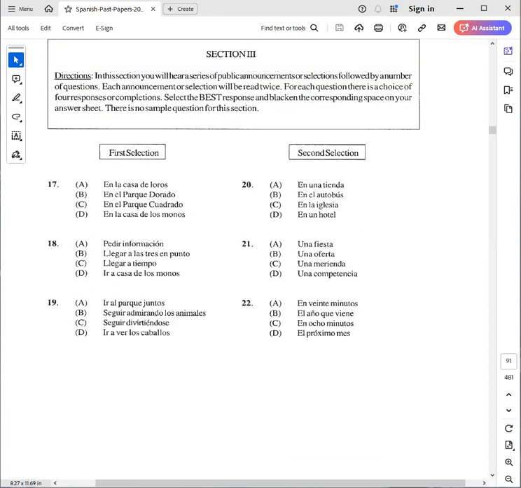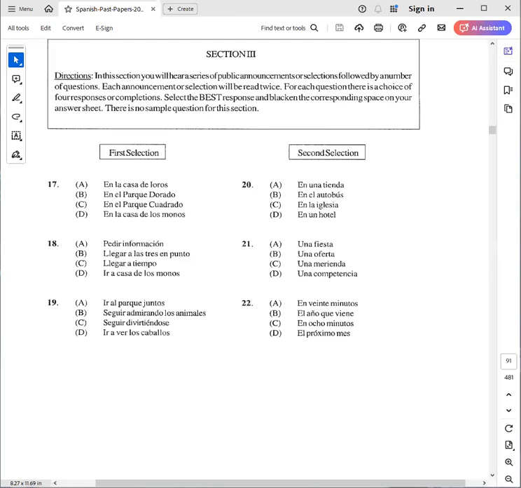So for the selections, here I'll just translate the selections, right? So it basically says, ladies and gentlemen, we would like to inform you that the exhibition will take place today at 2:30 in El Parque Dorado, to the side of La Casa de los Monos. So La Casa de los Monos is basically where the monkeys are, the monkeys' house. We usually say cage, but the monkeys' house. Please come early, enjoy yourself, and after you can continue looking at the animals. So we obviously know it's at a zoo or a park or some kind of